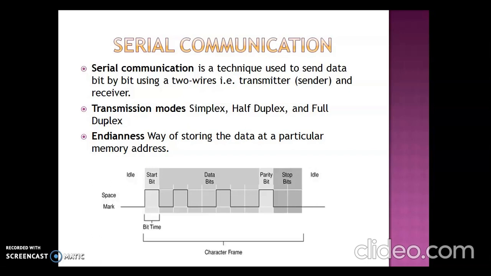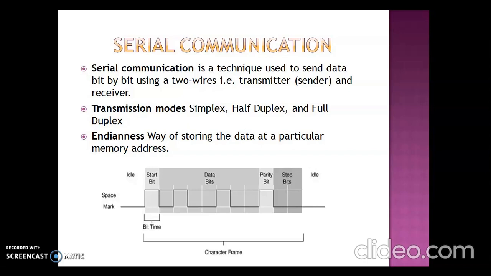Once we have selected the data frame, or the number of bits that we want to transfer, which is dependent upon whether we are performing serial communication or parallel communication. In serial communication, we are transferring n bits of data 1 bit at a time, whereas in parallel communication, we will be transferring 8 bit, 16, 32, 64 bit and so on.